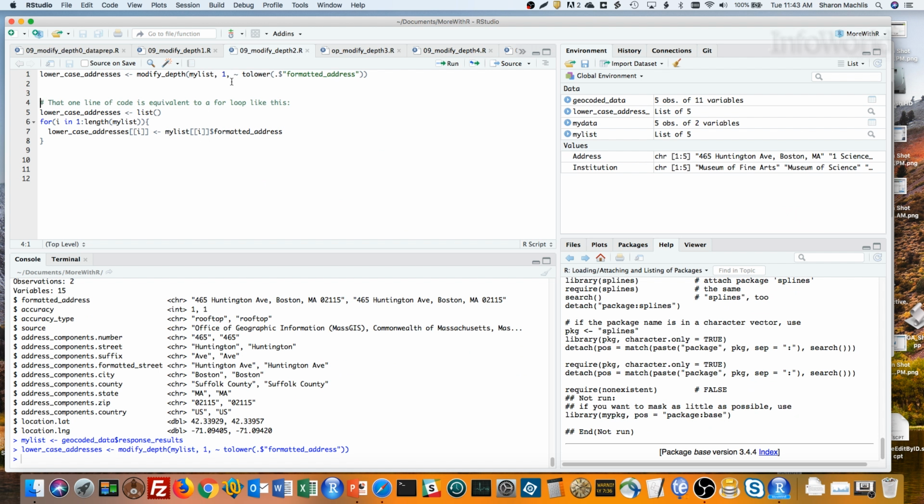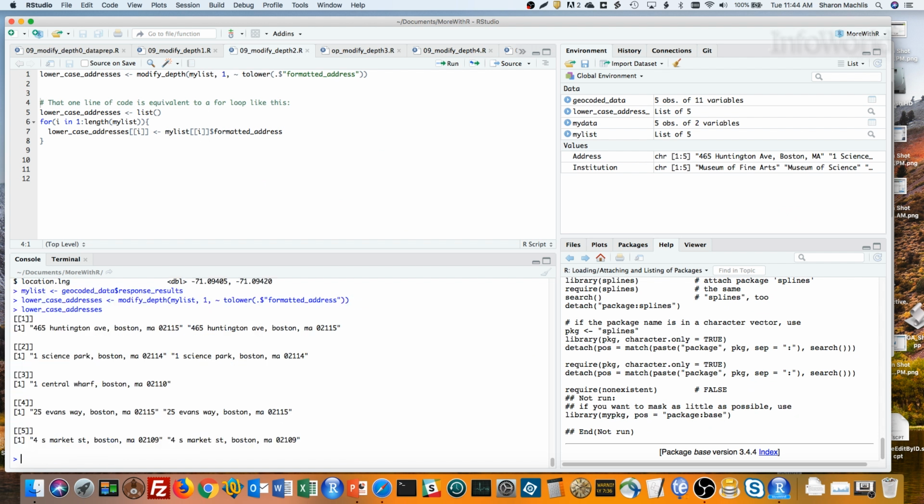The dot represents each item being modified. Remember, that's each data frame 1 level into my list. So let's see what that looks like. You can see the results, now all lowercase. That single line of code is the equivalent of this entire for loop below.